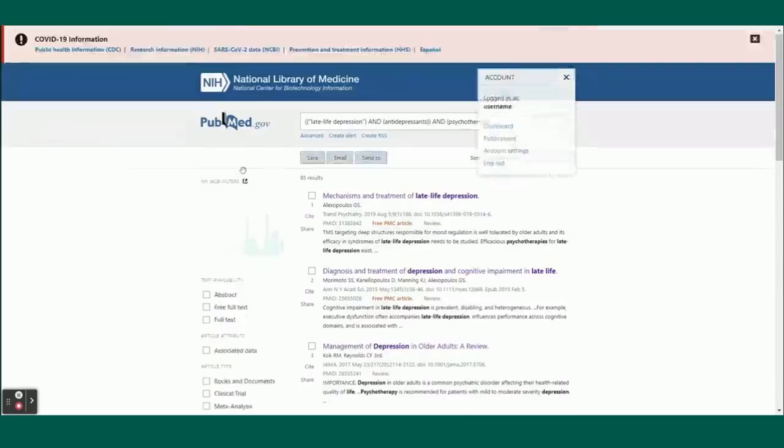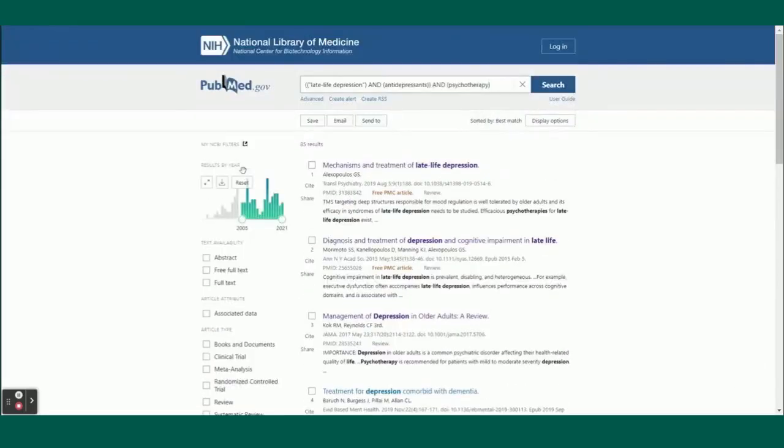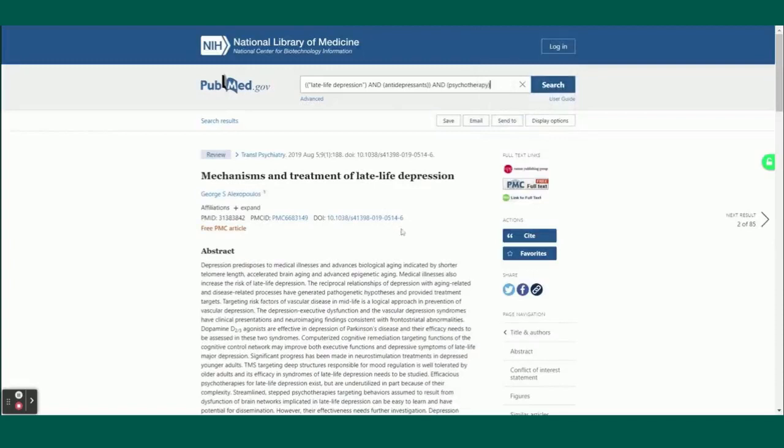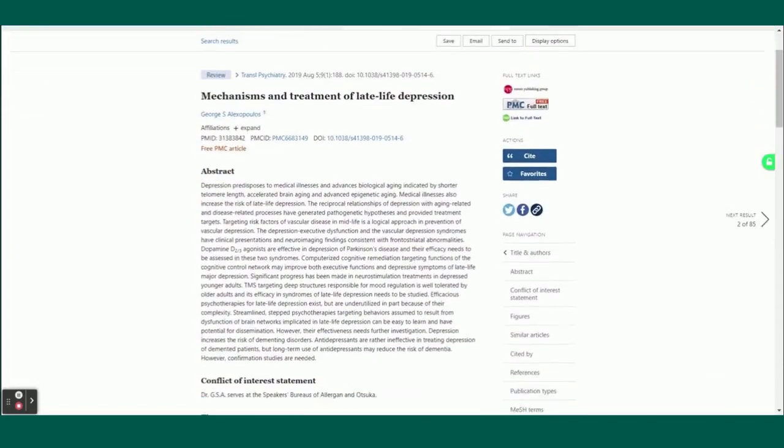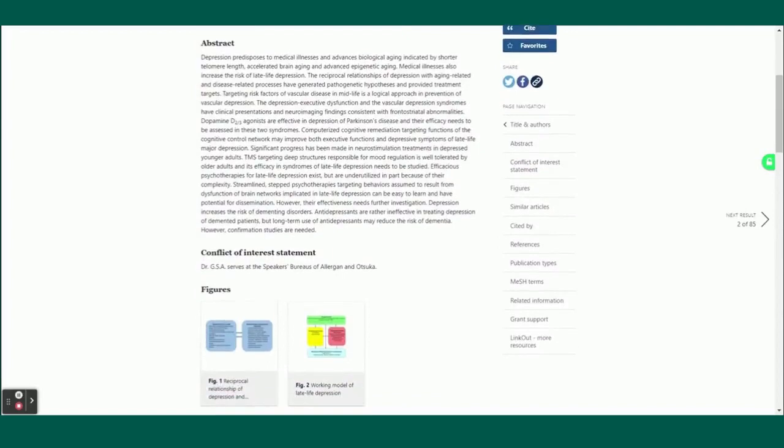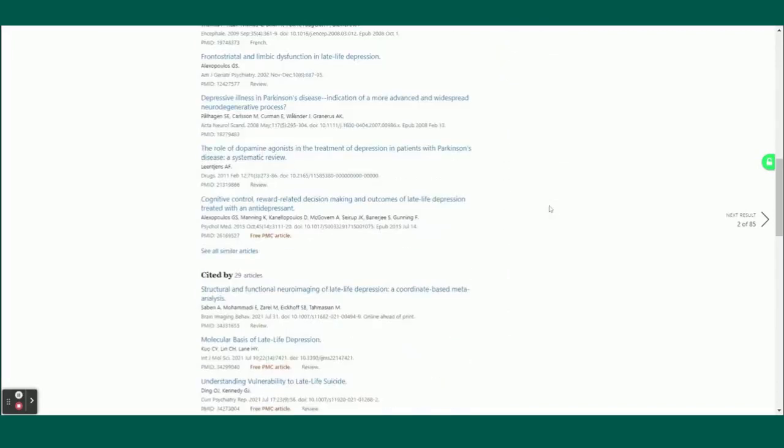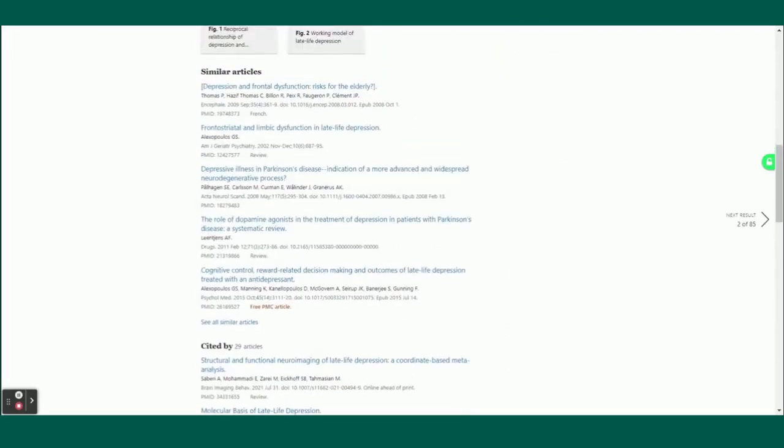If we see an article that is applicable to our search, we can hop into that article and explore other search features. So once we open an article, alongside the text, you'll see links to access the full text article if Wayne State has access. If it does not, you'll be directed to the Interlibrary Loan page to request the text via Wayne State's Interlibrary Loan. As you scroll down, you'll see the cited by and similar article features, both of which are excellent resources for continuing to find articles and research relative to your search topic.